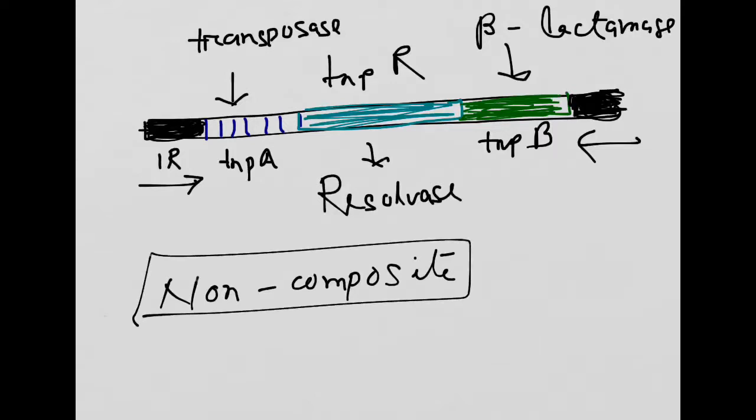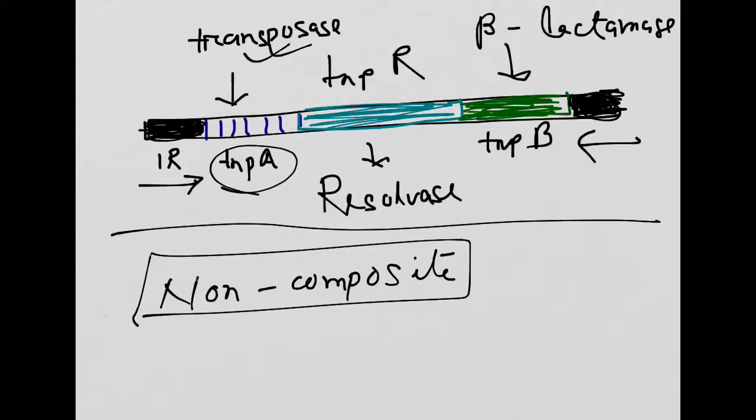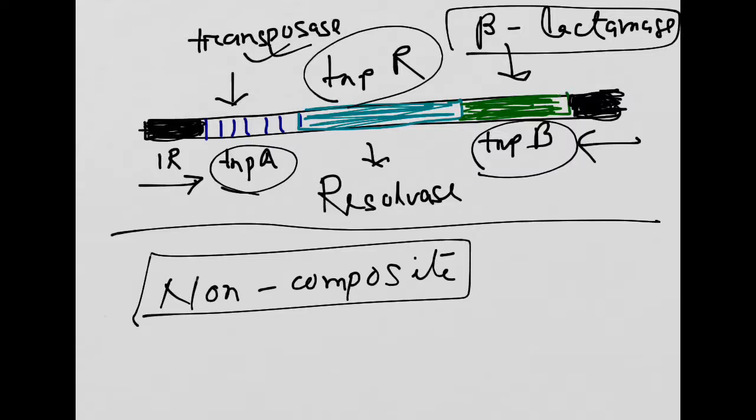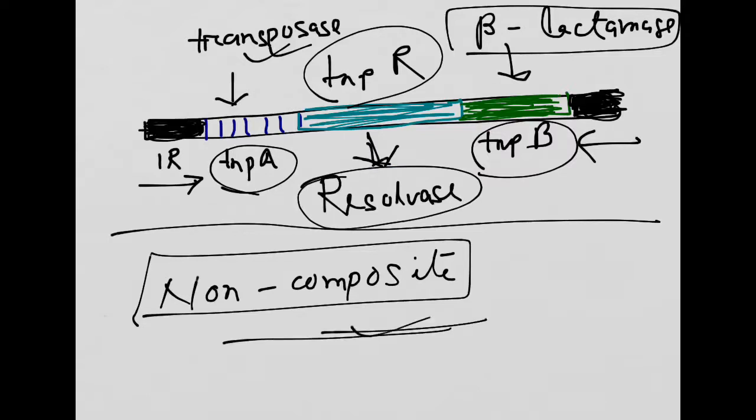So now comes your non-composite transposition or non-composite transposon. So this will have a structure like this. Okay, it has 3 genes inside the whole structure. A gene known as TNPA that codes for the enzyme transposase. There will be a gene called TNPB that will code for an antibiotic resistance gene like beta lactamase for ampicillin resistance. Then there will be another gene called TNPR that produces resolvase enzyme that helps in recombination, because your non-composite